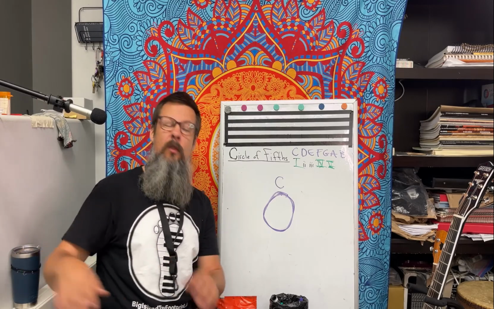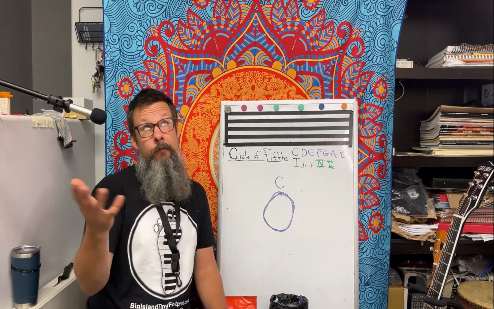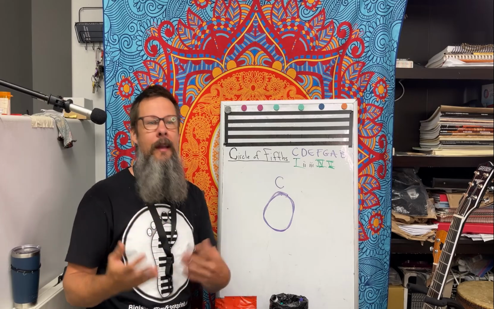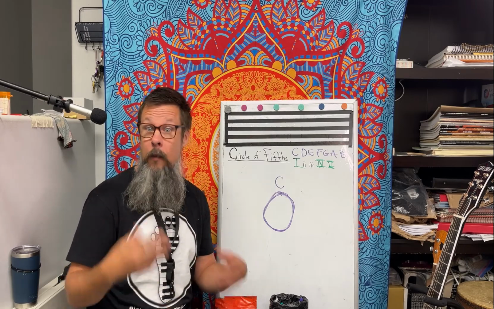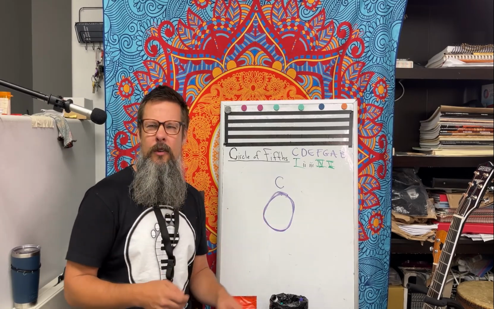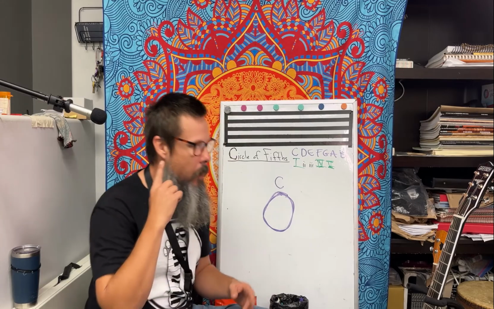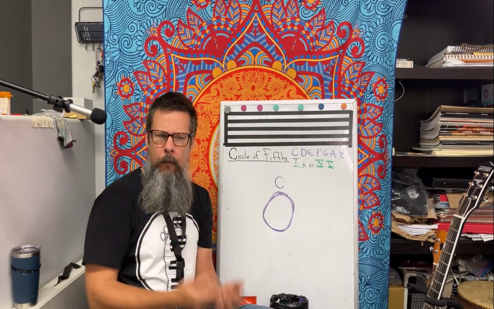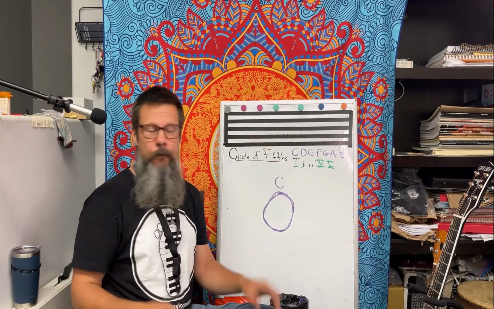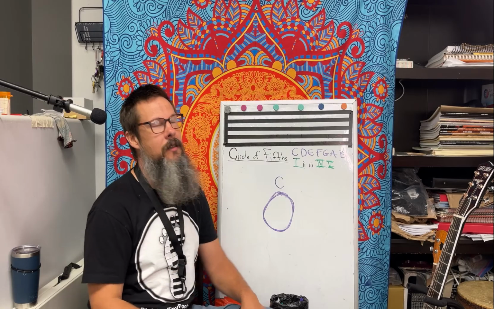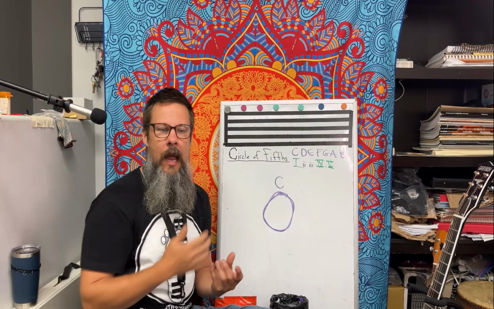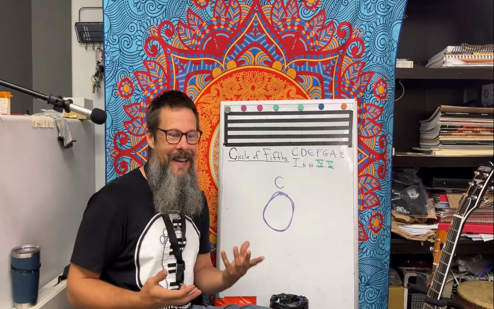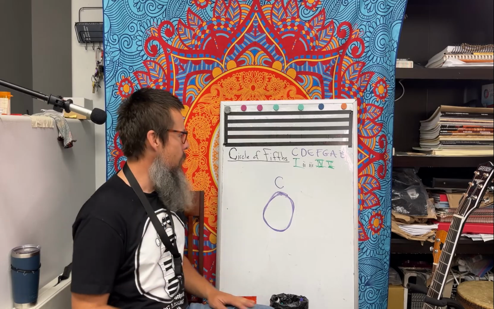Something that we will get into in further explanation when we do these Tuesdays is secondary dominance, how to use secondary dominance and to modulate into other keys, and or just how to be a part of hearing what another key could sound like. So maybe the song you're playing is in the key of D, and you're singing and it's a little too high, but rather than moving a capo, you just want to move the idea of the song. We're going to show you how to do that as well. So